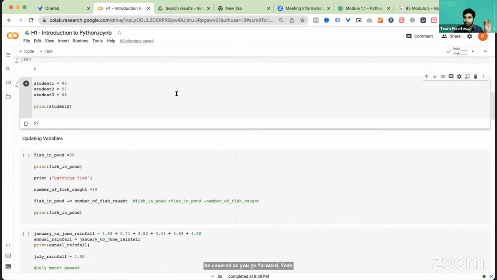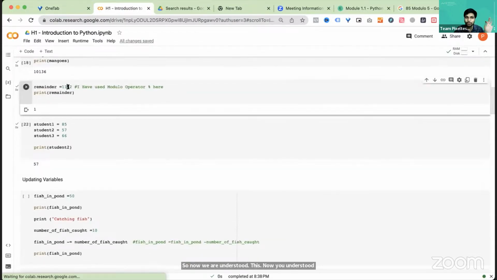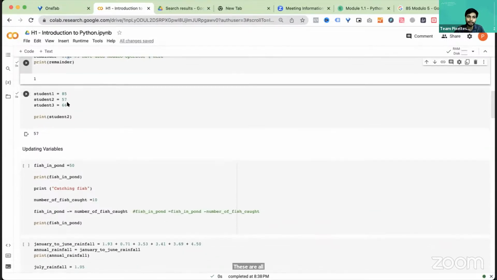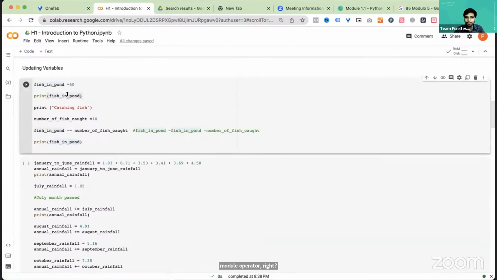Yeah, so now we have understood this. Now you understood a little about variables and what kind of arithmetic we can do. You learned new operators also, like multiplication, plus, these are all operators. Percentage is also an operator, the modulo operator, right? So now updating variables. Now we'll do a small exercise. If you have your Colab files open, you can run this. Before you run it, you can just do a very simple one. So now what we have done is,